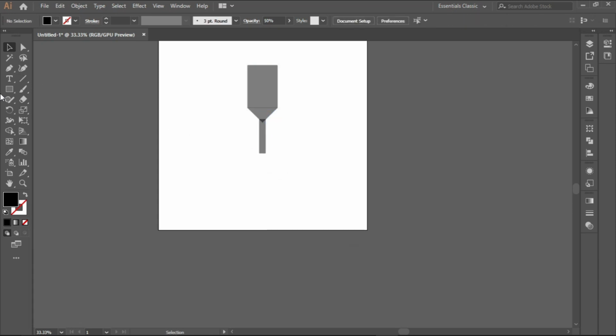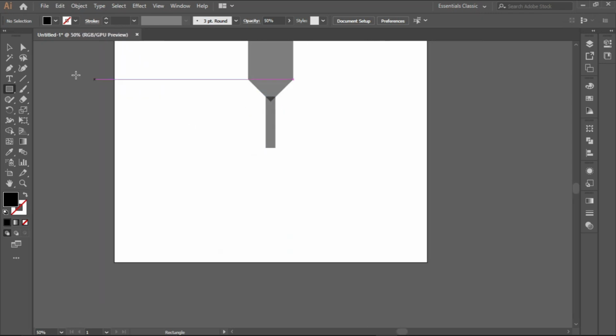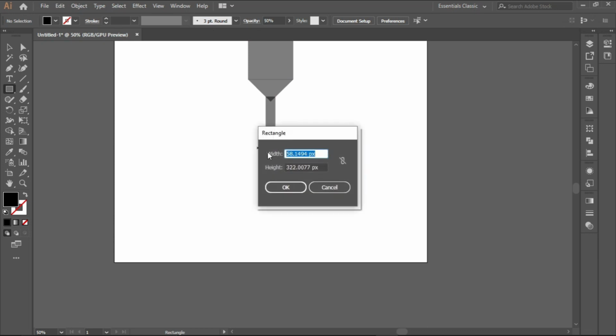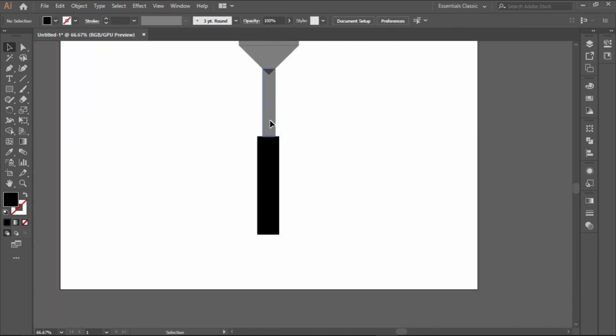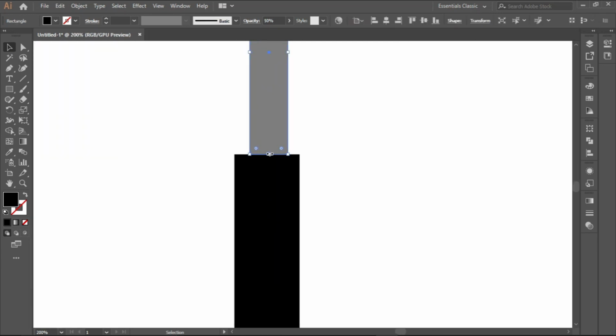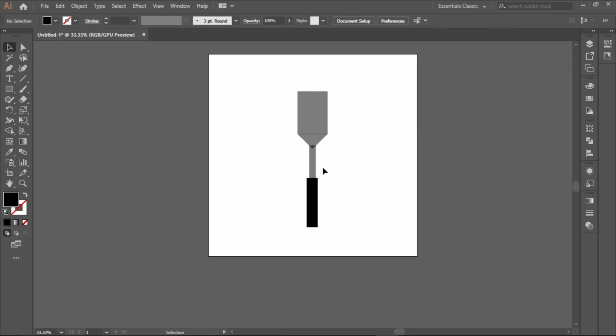After creating this, you create another rectangle for the handle. So you just hold and drag down like that, just a bit wider than the neck. I think this neck seems too long, so just bring it up a bit and drag this up. Okay,